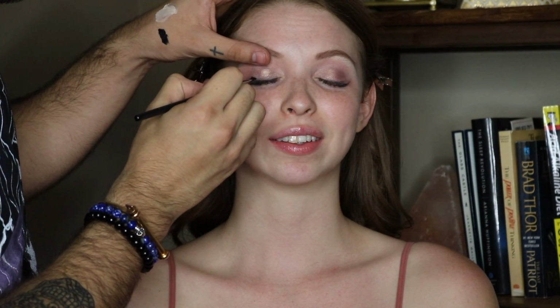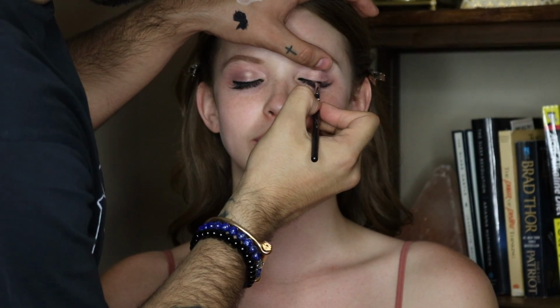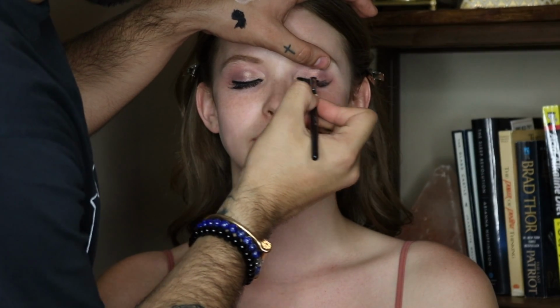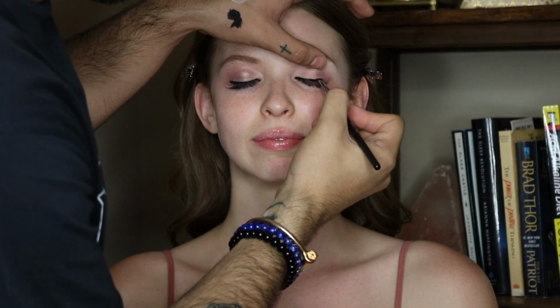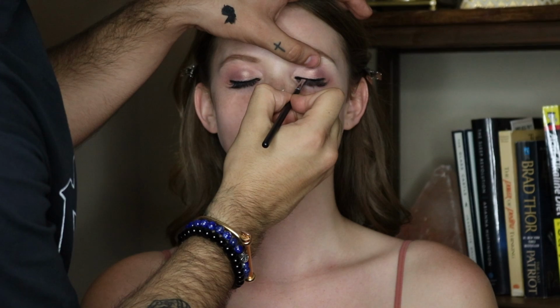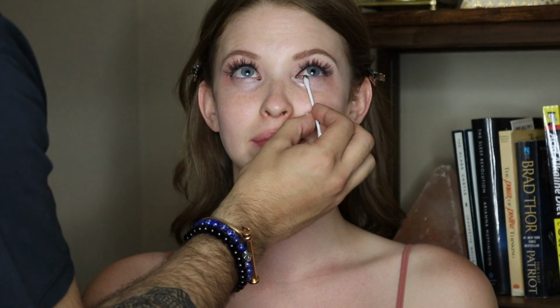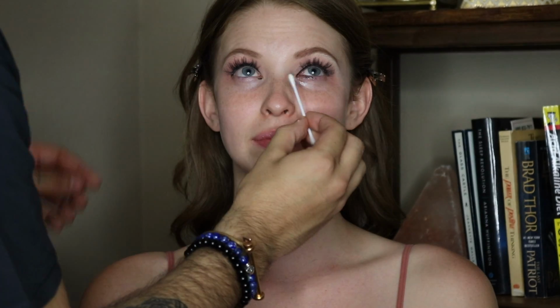Now what I'm going to do is use my amazing Inglot liner, Gel 77. I am obsessed with this. I love this liner. I think it's incredible. I had a little mistake underneath there, so I'm just going to go ahead and wipe away,